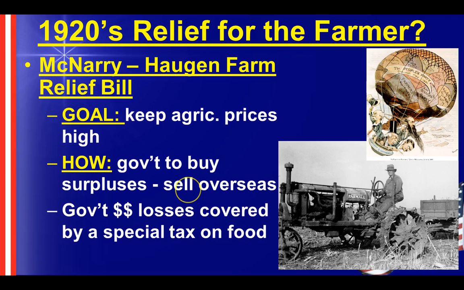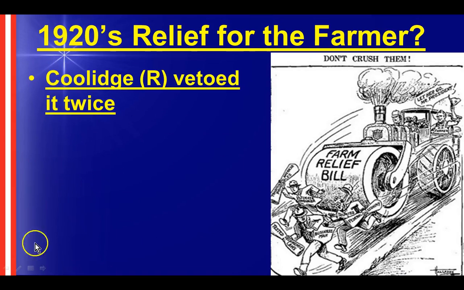There was a farm relief bill called the McNary-Haugen Farm Relief Bill that was introduced several times to keep agricultural prices high. The government basically was going to buy surplus extra crops that weren't naturally bought on the market. There's lots of competition for overseas producers in Europe here at this time, and South America as well, and we were going to somehow sell it somewhere else overseas, and that money was going to be created through a tax on food, and that is not going to happen because in our laissez-faire